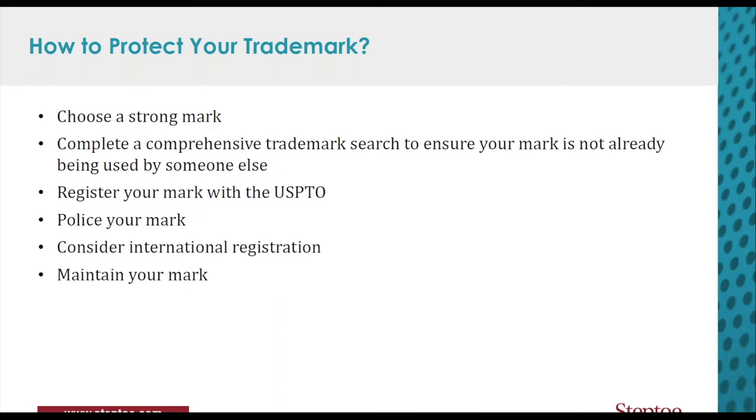And just to summarize how to protect your trademark: first of all, choose a strong mark, especially, as we discussed, from the first two categories, either a fanciful trademark or an arbitrary trademark. Don't use a generic trademark, or even a descriptive trademark, because it's very difficult to get it registered. And try to do a comprehensive trademark search to make sure that your mark is not already used by other